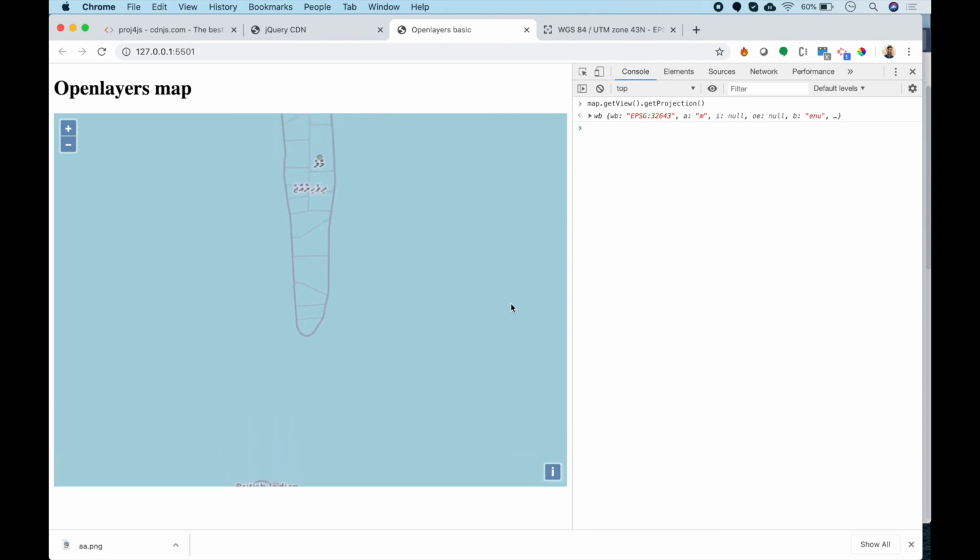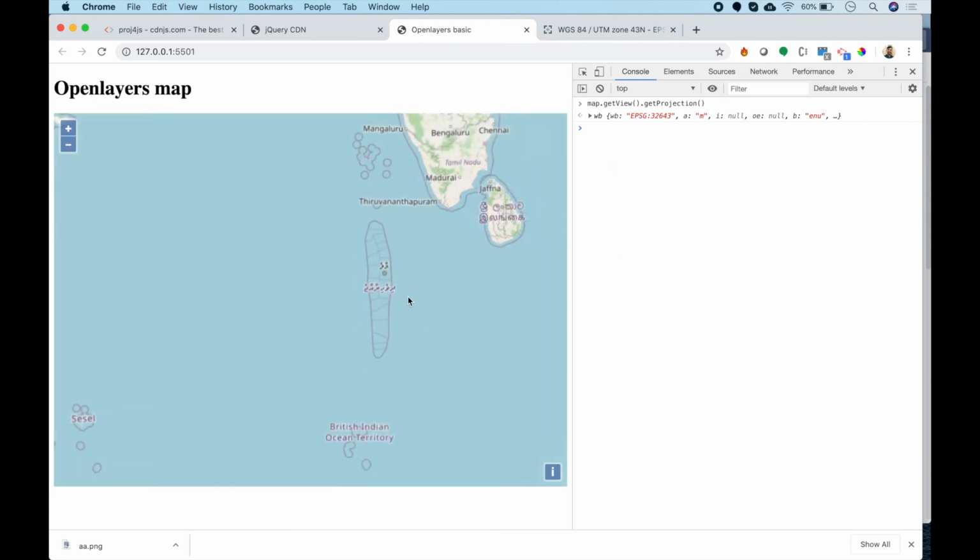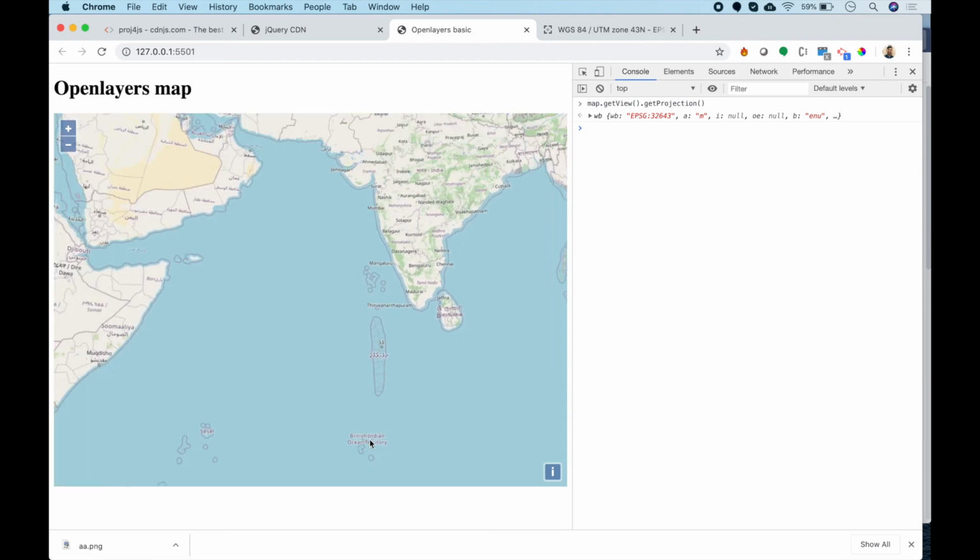One question you might ask is why it is important to set the projections, right? Because I can see the map in this coordinate system, I can also see the map in 4326 or 3857 or any projection system. Basically this is important to know what is the data that you are getting, what is the projection of those data, so that you will have the same projections on the map, so that when you try to create geometries out of that data, it will be placed on the correct location. Got my point? So that is the importance of projection.